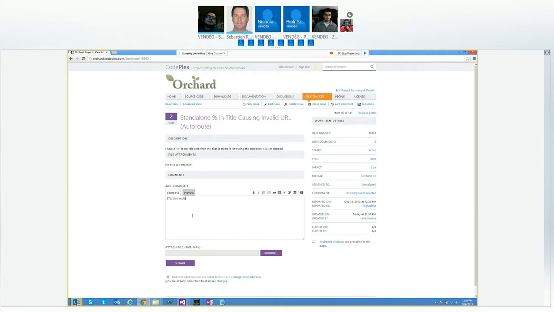Yeah, dots are problematic because they can transform into extensions which map to MIME types and